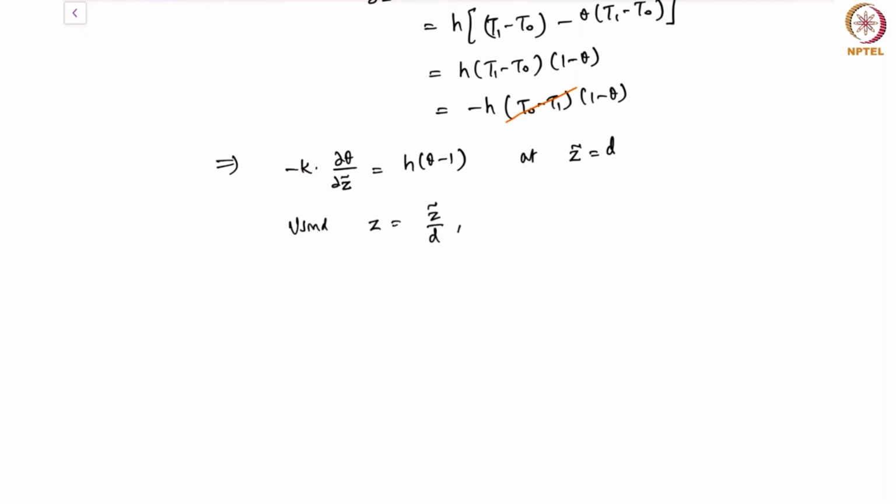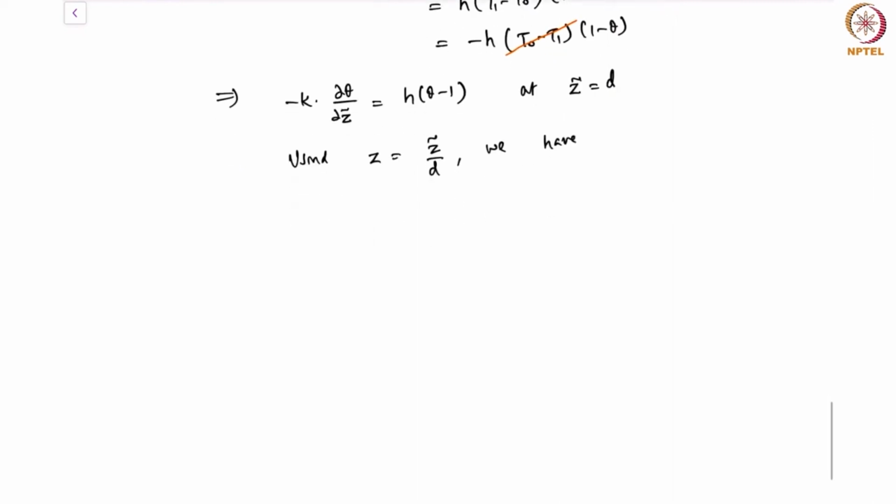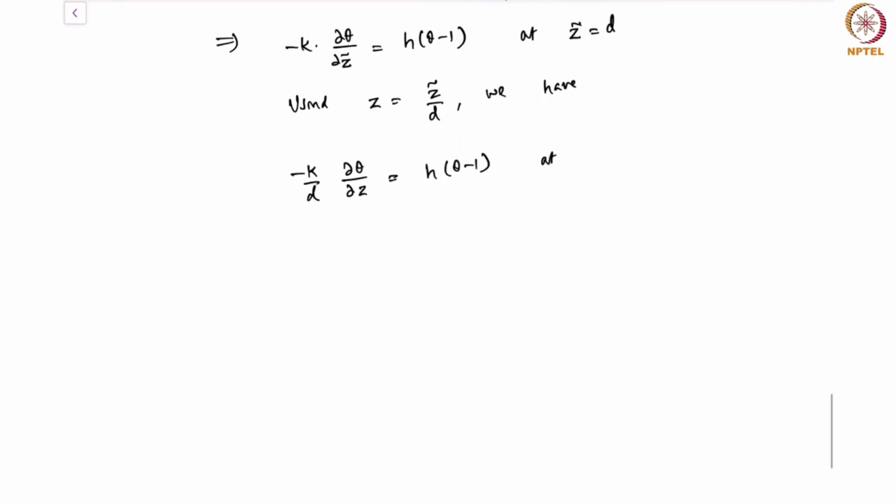by d, we have minus k by d del theta by del z becomes h of theta minus 1. This is at z is equal to 1. Okay. We also should remember that